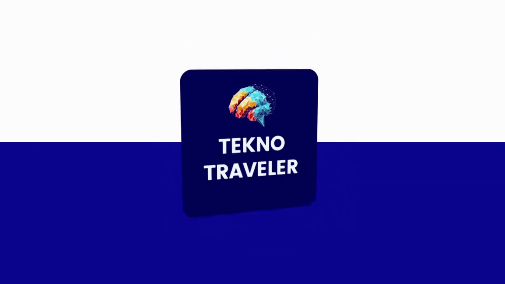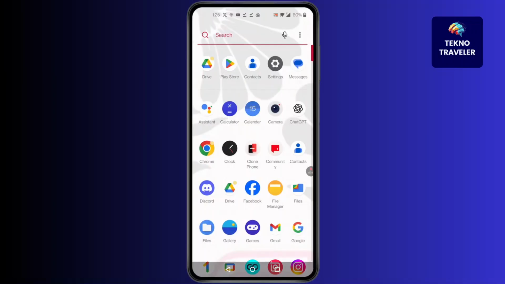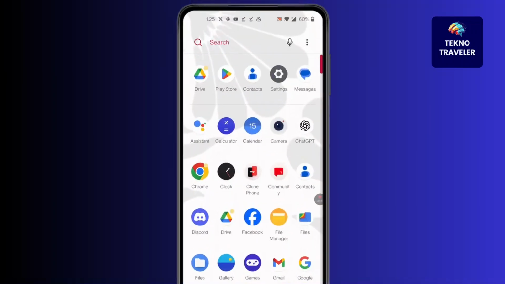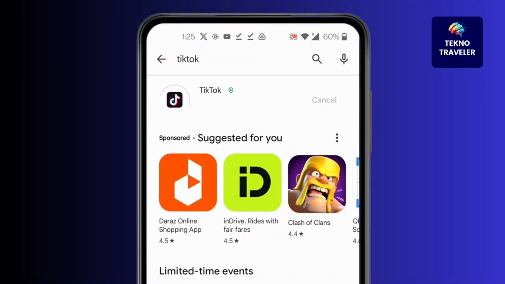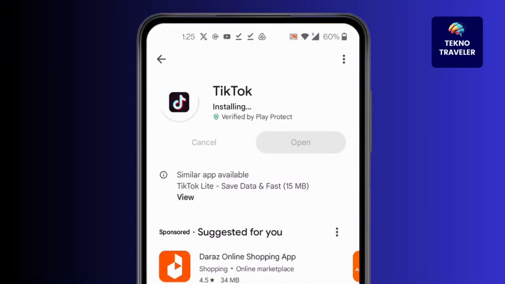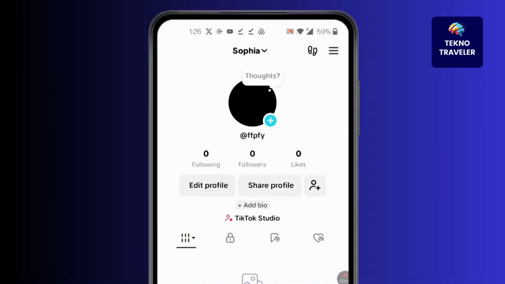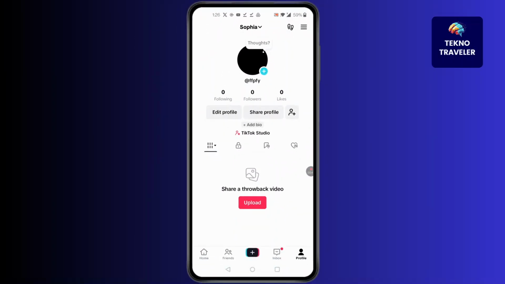Let's jump right in. First, open Play Store. In your Play Store, search TikTok and make sure your TikTok is updated to the latest version. After your TikTok is updated to the latest version, open the app, click on your profile located at bottom right,